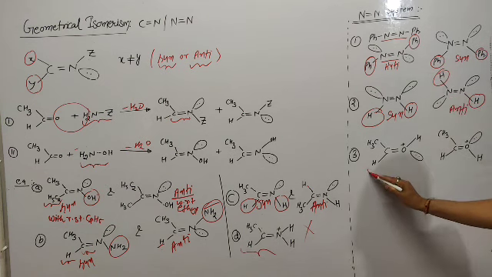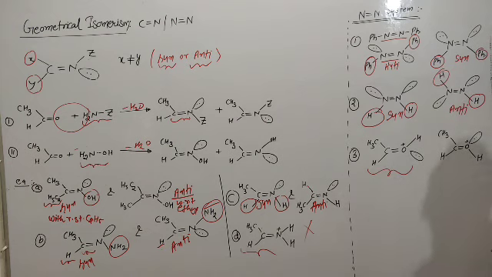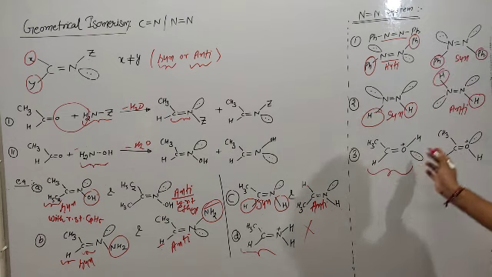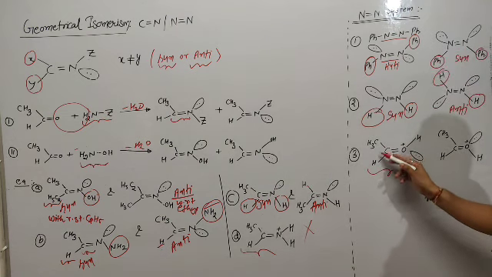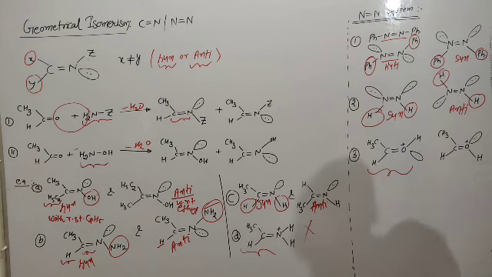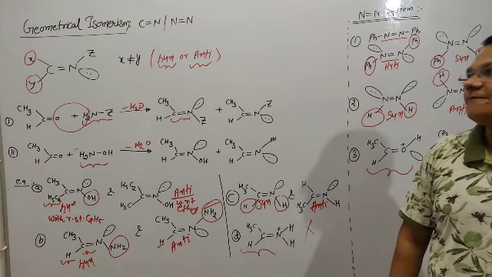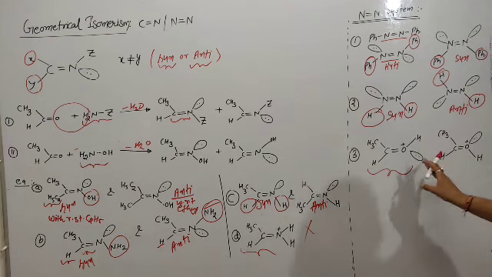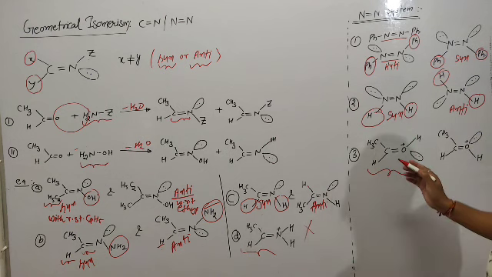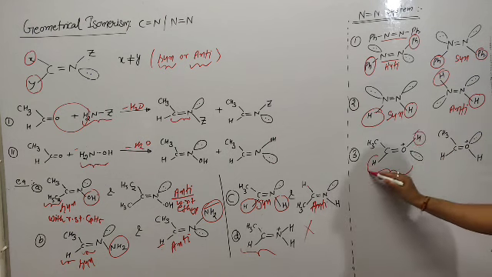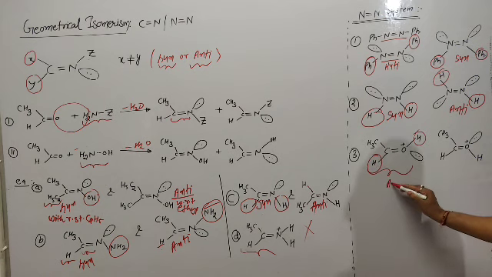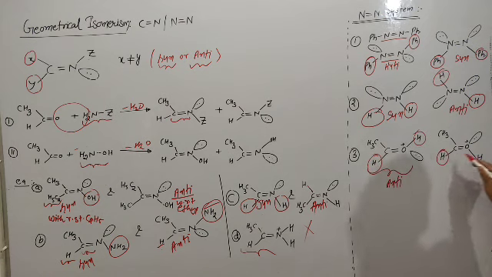If an N double bond N type system is given and the question asks whether this molecule shows geometrical isomerism or not, what do you say? You simply say both atoms present here are different. Nitrogen also has different atoms. So this molecule 100% shows geometrical isomerism. If I want to identify whether this is syn or anti, what do you say? With respect to this H group, this is anti position, and with respect to this H group, this is syn position.